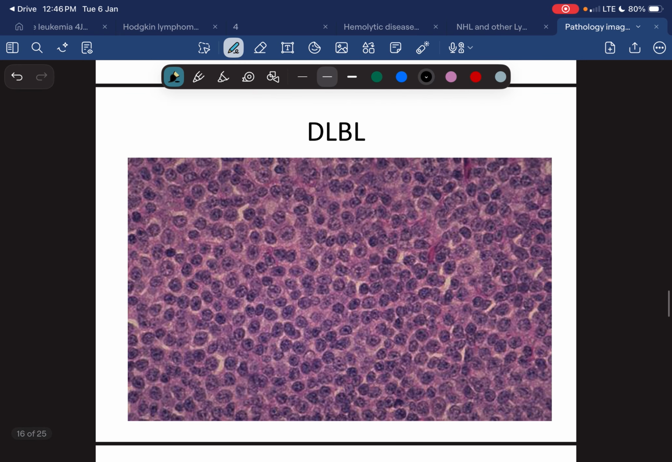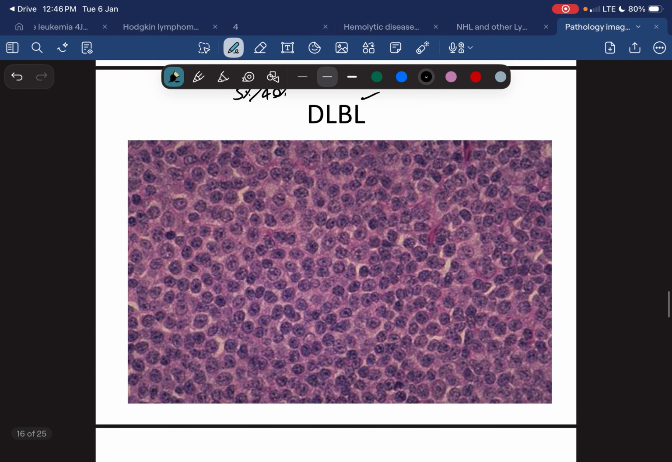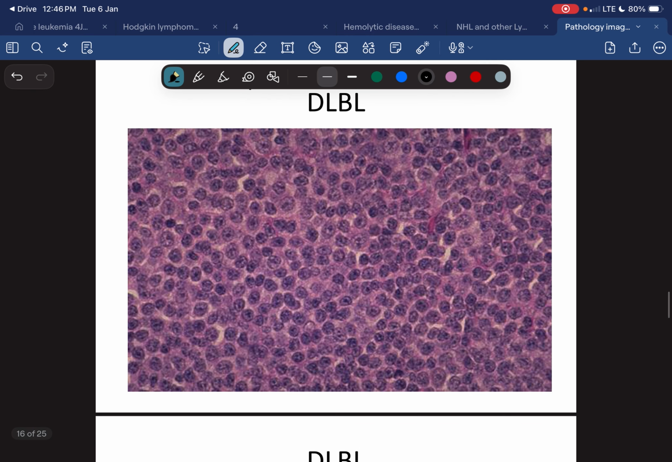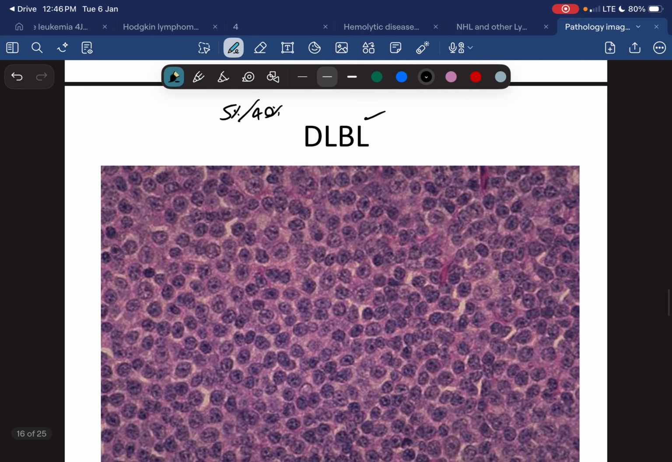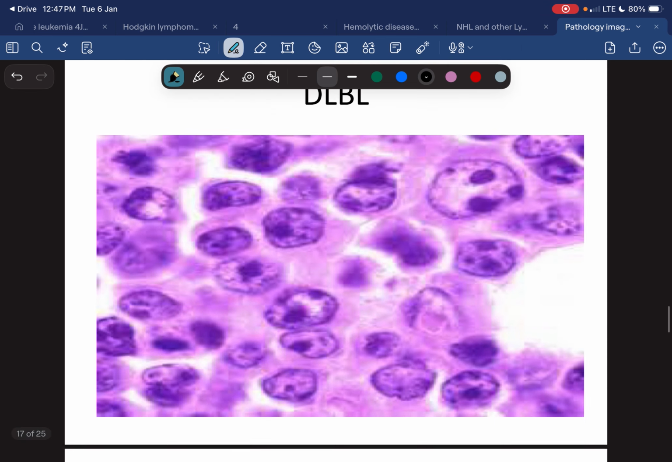So, one of the aggressive lymphomas, and most common, is diffuse large B-cell lymphoma. It's a diffuse pattern of growth, characterized by the presence of large cells from its name. Okay, here higher picture with larger cells and multiple nucleoli,